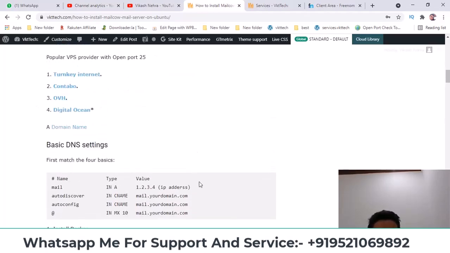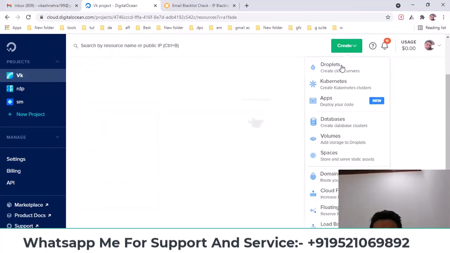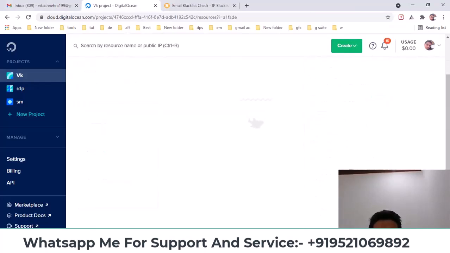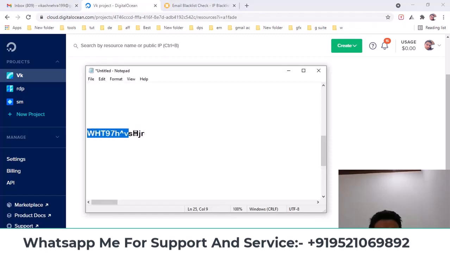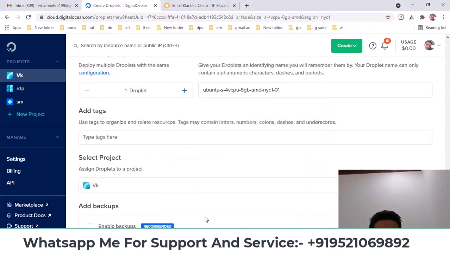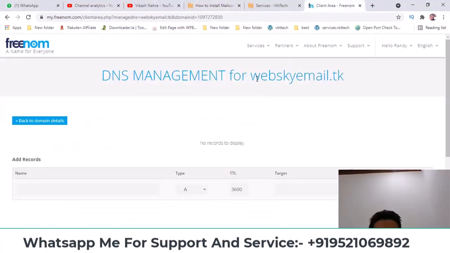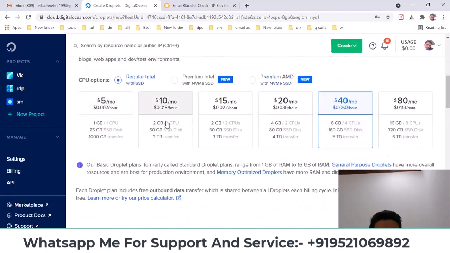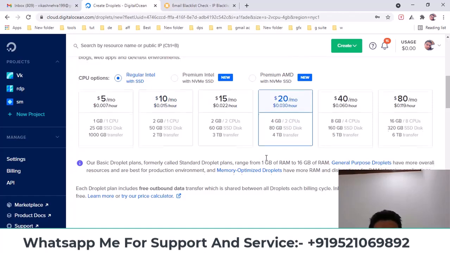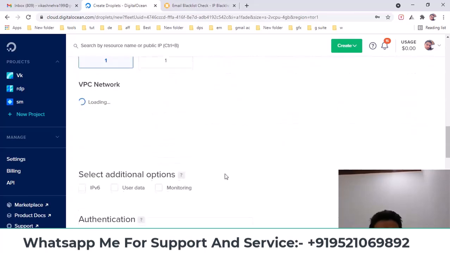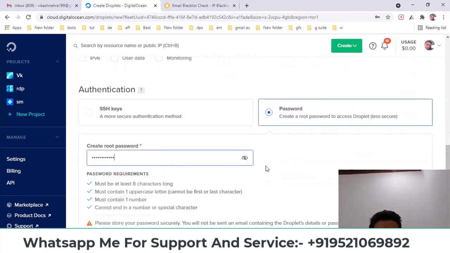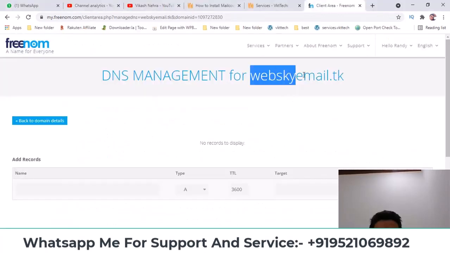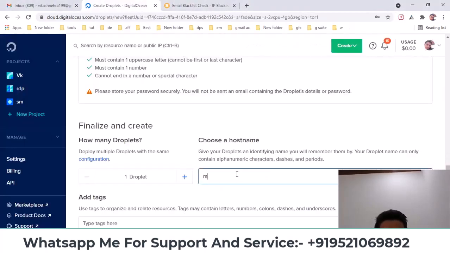Okay, so after that, what you need to do first is create an Ubuntu Droplet. Before that, in this video, we will use our password, and the domain that we will use in this video is this one, okay? So first, select Ubuntu here, regular RAM. I will choose the $30 machine because you need 4 GB RAM, okay? After that, I select Toronto here and paste the password that I had copied. This is my domain. I'll put this in mail.mydomain.com